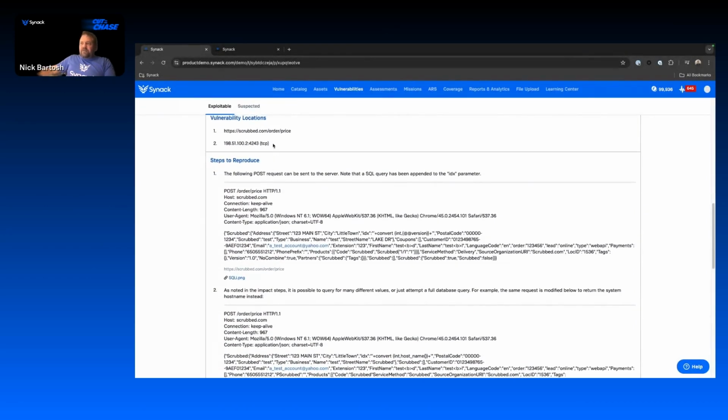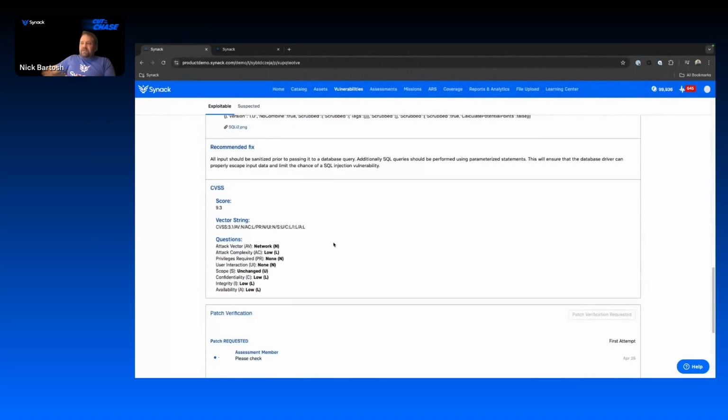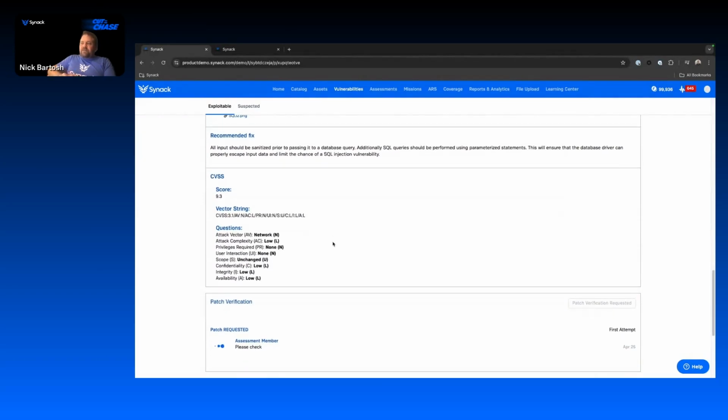We have the vulnerability locations so that you're able to find the vulnerabilities in the places that we looked, rather than hunting and pecking through your attack surface. And then finally, with the recommended fixes, once we've fixed the vulnerability, we can also request a patch verification of the SRT, such that once the fix is put in place, you can go back